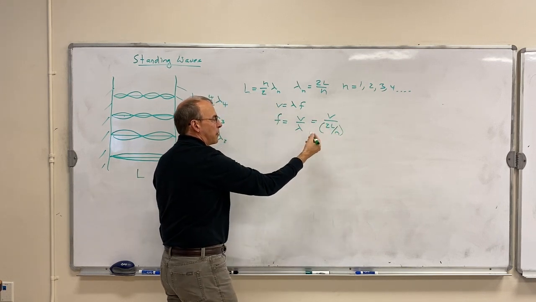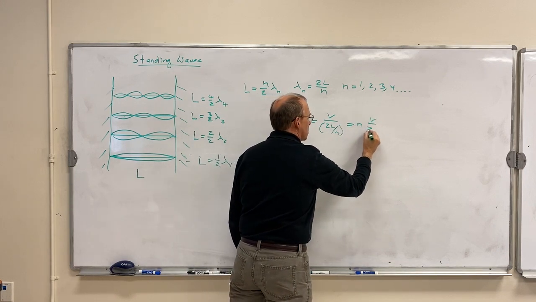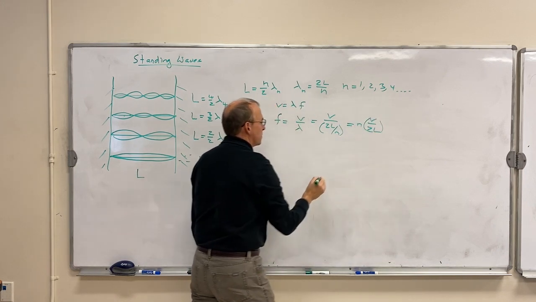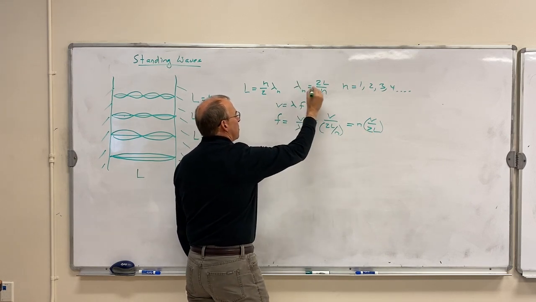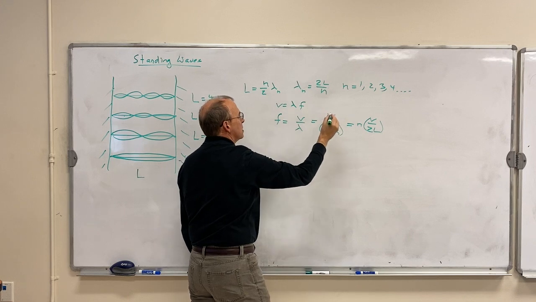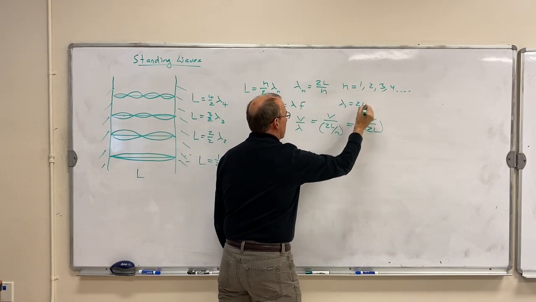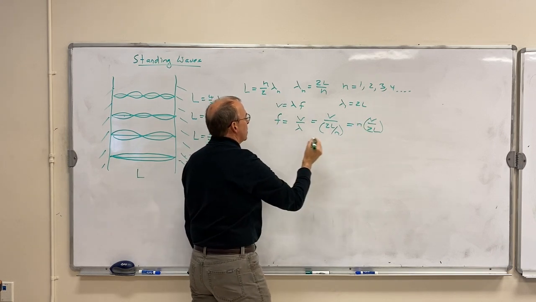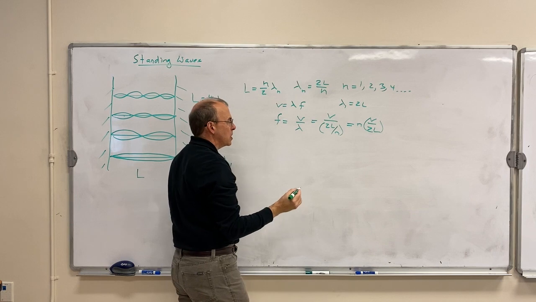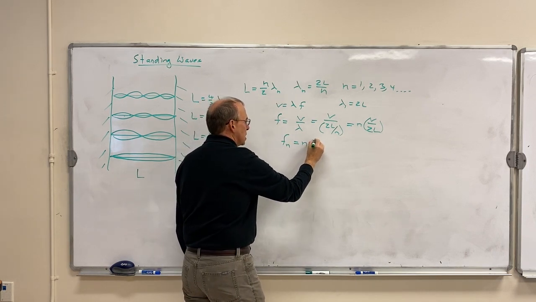When you divide by a fraction, you multiply by the reciprocal, so this is n times v over 2L. But 2L is the first wavelength, because when n is 1, we get lambda 1 is 2L. So v over 2L is just the first frequency, and we just get that the nth frequency is n times